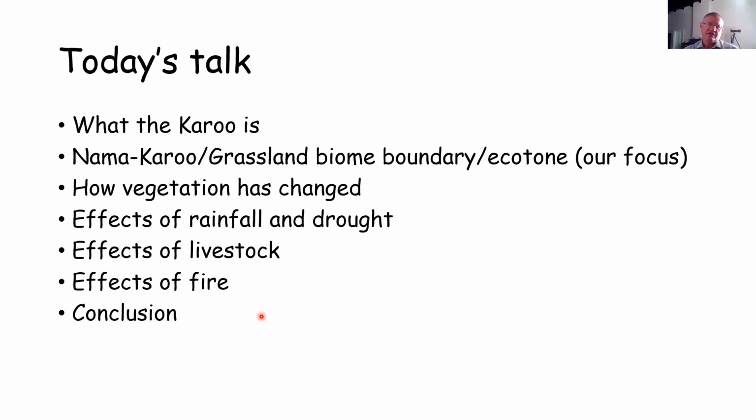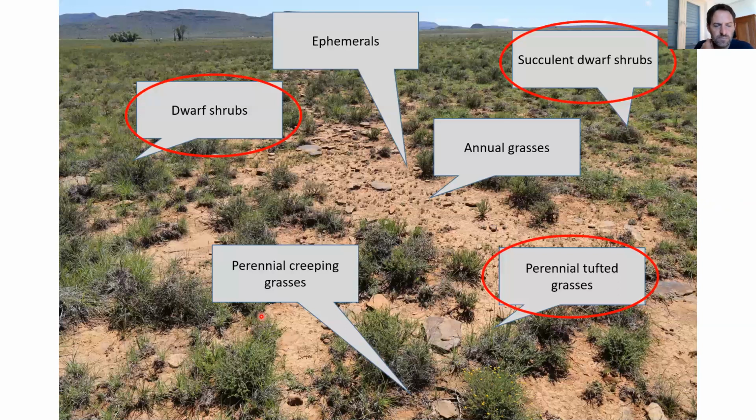So the Nama-Karoo, here's a picture of it. This is from just north of the college, between Middelburg and Colesberg. The Nama-Karoo is a very diverse environment botanically. Sorry, the slide transition's a bit slow, maybe. Okay, so the Nama-Karoo is quite a diverse environment with loads of species, of course, but also lots of different growth forms